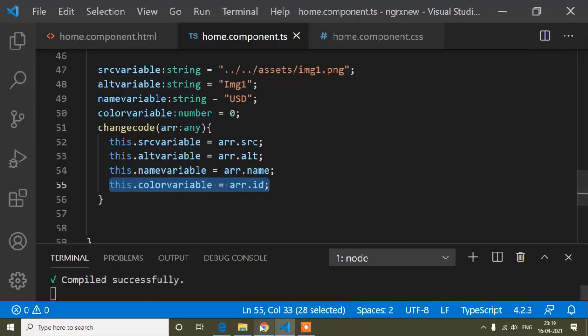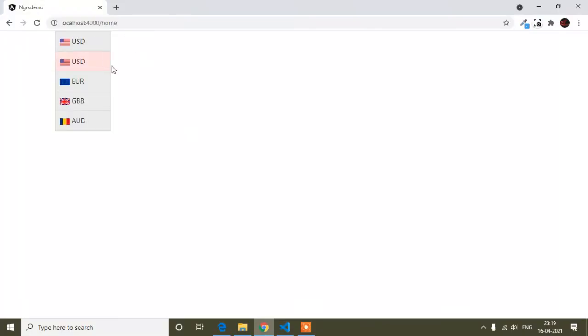Okay, so now here I will show the preview. By default, the first one is selected because here it is USD. Now if I click this, you can see it changed the data here and it's selected by default here. Suppose I click, you can change, and this one, you can see this way. Okay, and now guys, if I want to add another functionality, that is, after selecting any currency code, this drop down will be closed also.